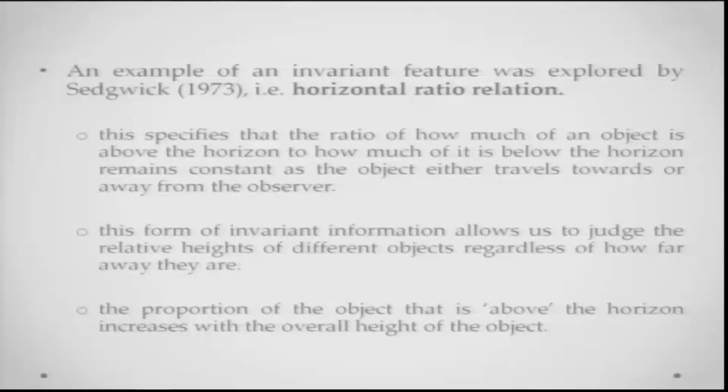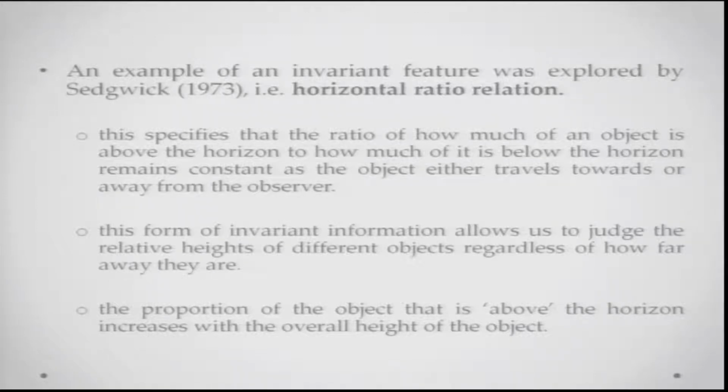An example of an invariant feature was explored by Sedgwick in 1973, and this invariant feature was a horizontal ratio relation. What is horizontal ratio relation? Horizontal ratio relation basically specifies that the ratio of how much of an object is above the horizon to how much of an object is below the horizon is always constant as the object either travels towards or away